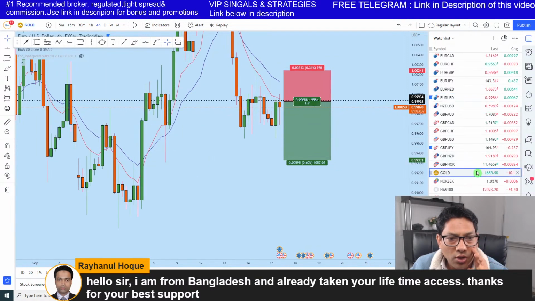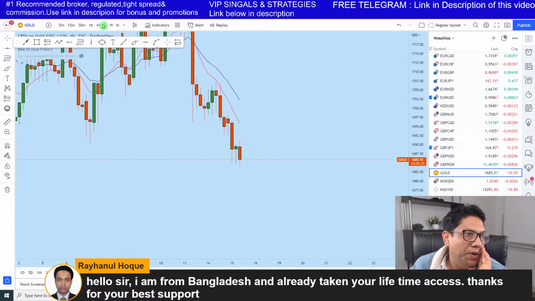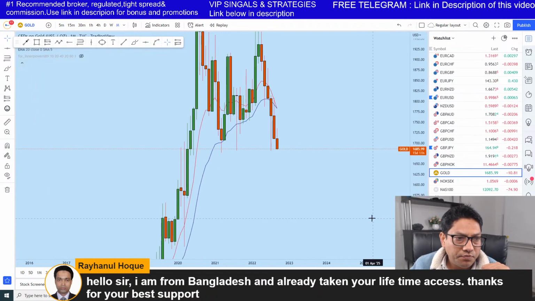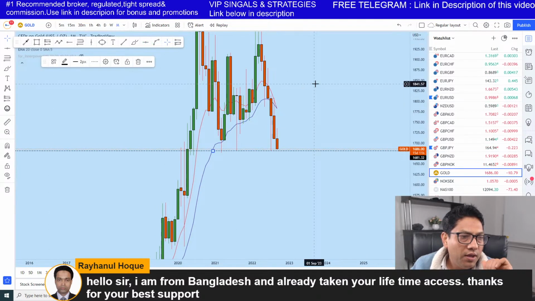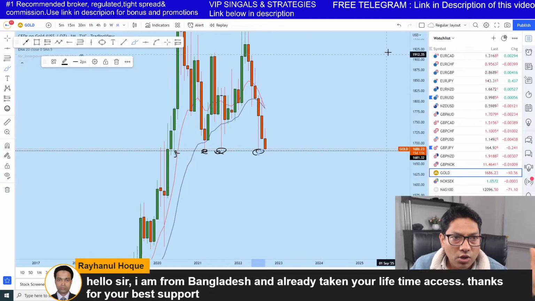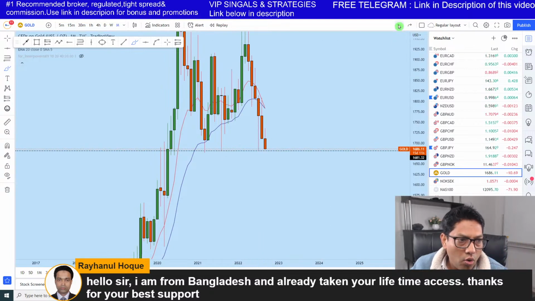So let's look at gold now. Let me look at the bigger picture first. As usual, I always look at the bigger picture. You see that the gold market is now approaching a historically monthly support zone. Let's draw a level here. So this is the gold market. You see this support here, here, here. This support on gold is almost breaking.